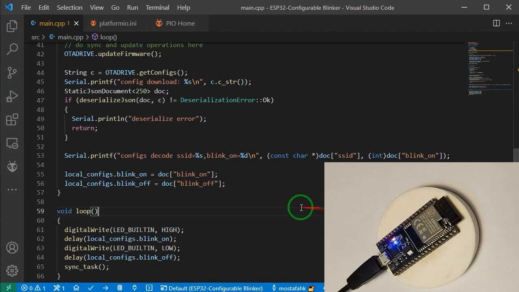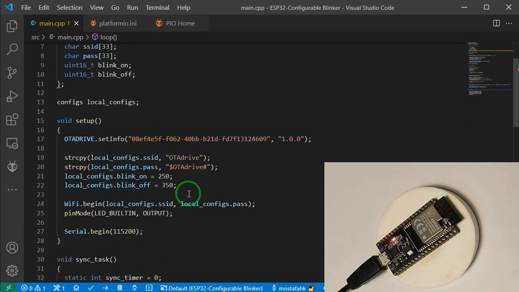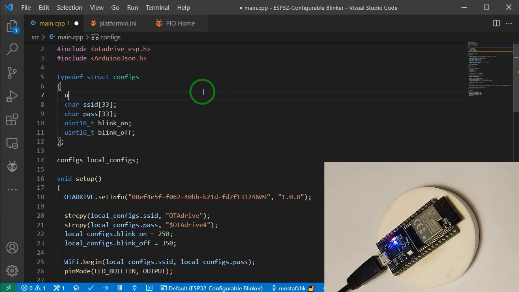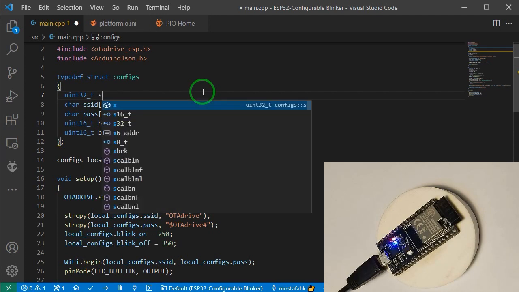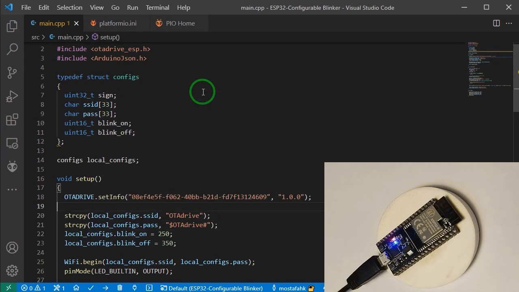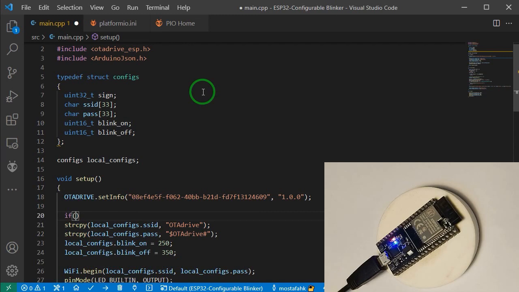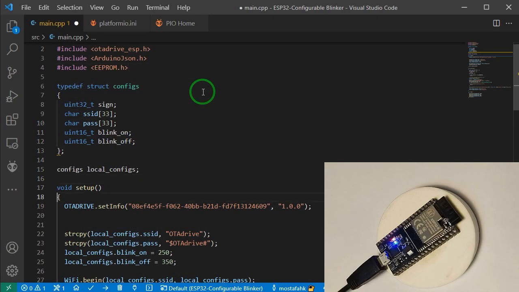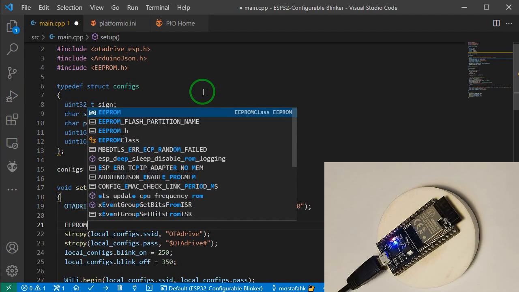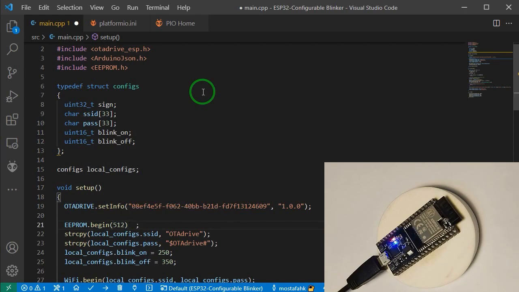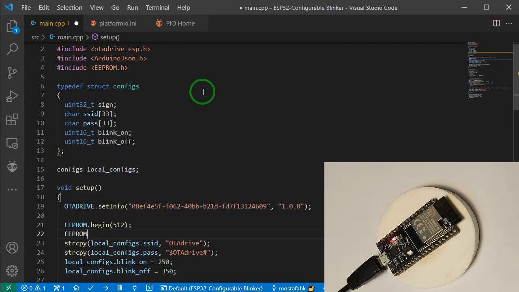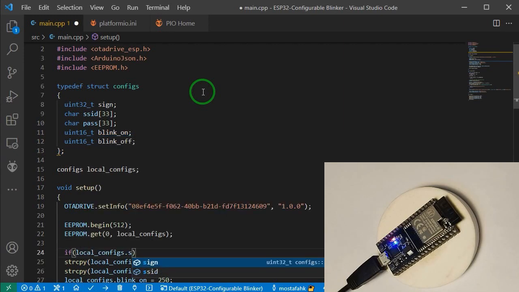To save our configurations into EEPROM memory, we have to ensure the stored data is correct. I'm gonna use a sign variable to make sure the data is saved by me before. Each time I read the data from EEPROM, I'll check this variable with my constant sign value.